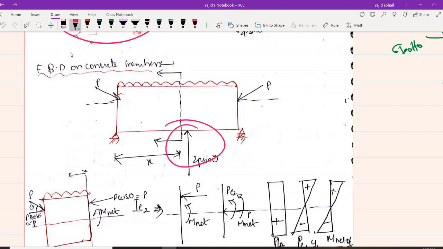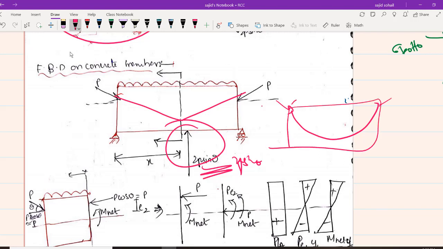If it was linearly varying, then my upward force was 2P sin theta, right? But if it was not like this, but a parabola, let us say this was your structure, what will you do? Very simple, no problem. So let us say, because of this parabolic profile,